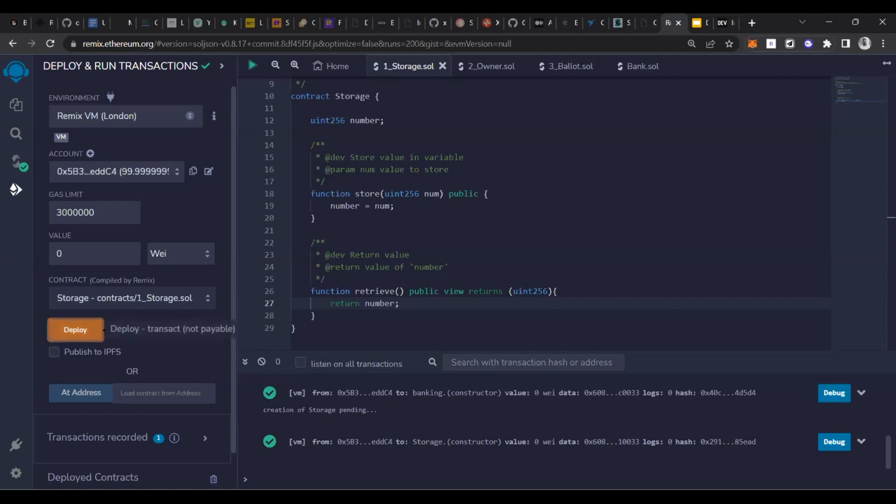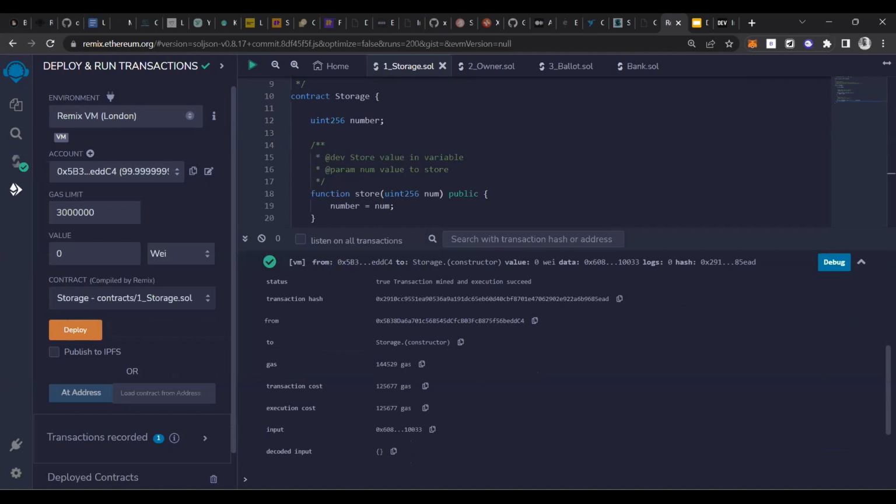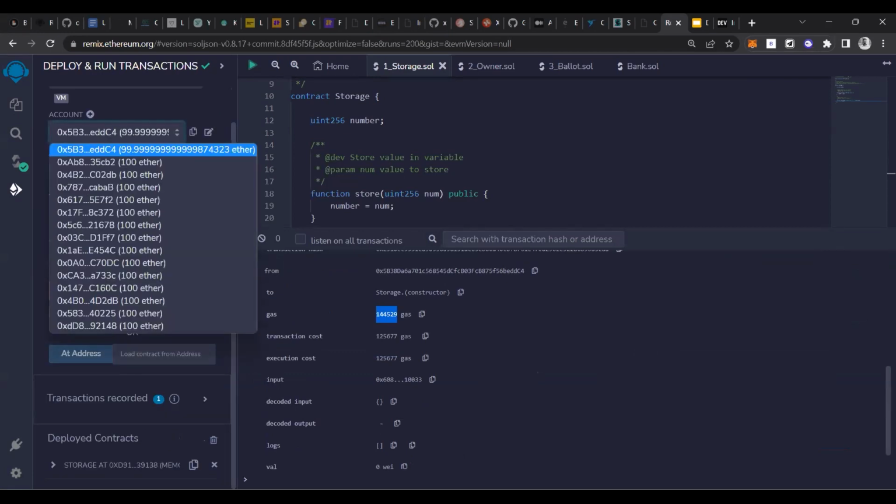So with the deploy button you deploy, and here you can see the transaction history. It shows how much gas fee was taken, and here you find the account addresses.